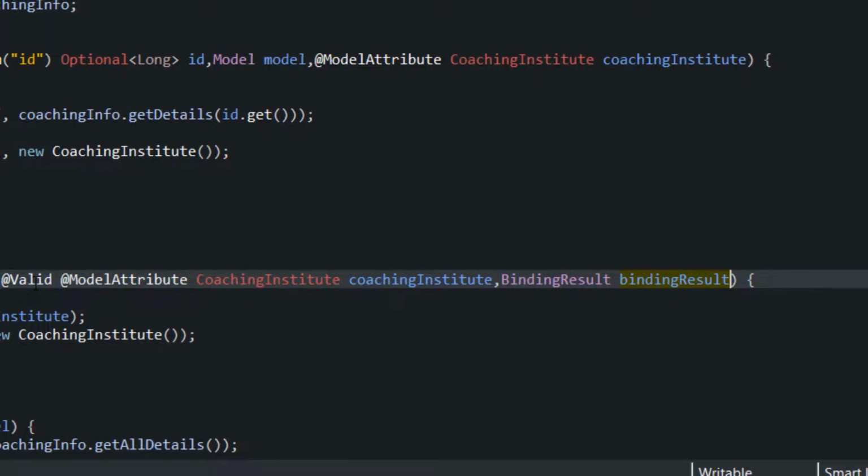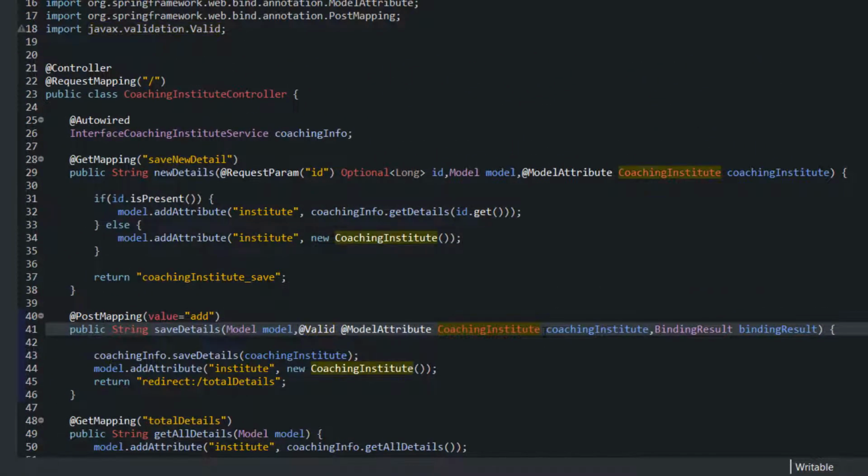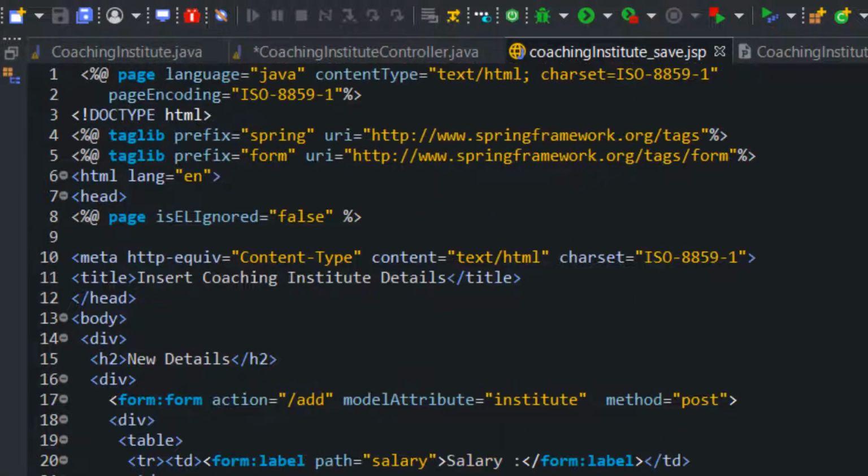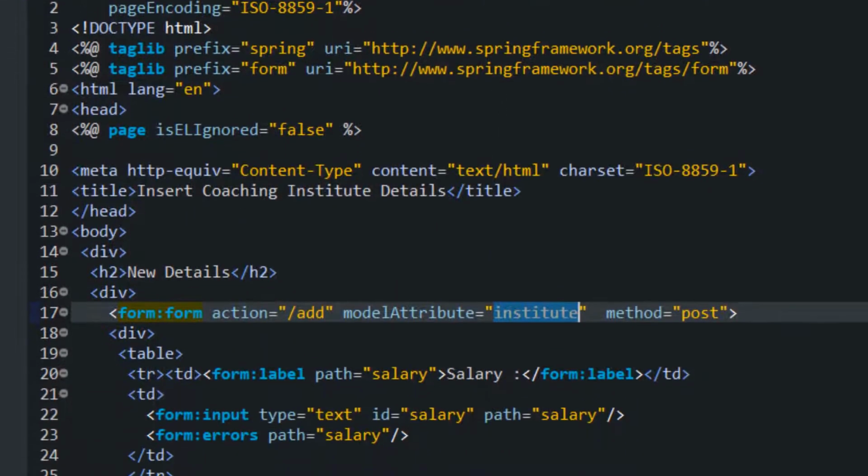type is validated. Okay, it is used for validation, and for that I am going to mention here what type of model attribute we are accepting in the GSP. We are accepting it as an institute. Why am I saying it is accepting as an institute? Because, okay, not here, it should not be mentioned here, my mistake. Yeah, here. So I have said it was accepting as a GSP file and institute. Why? If I go to the GSP file, you can see it here. We are accepting model attribute as institute. That's why I mentioned it there.